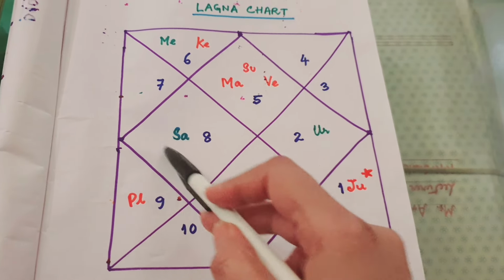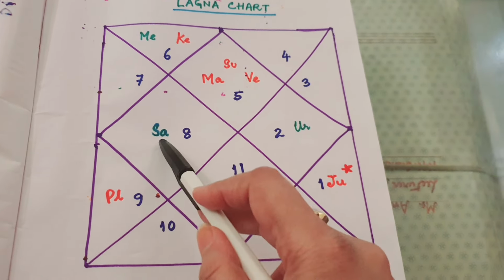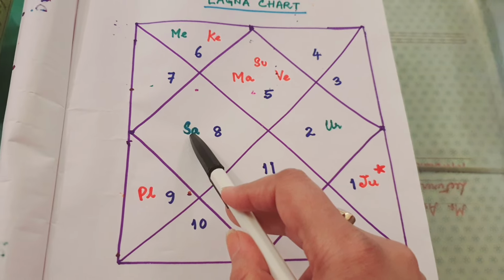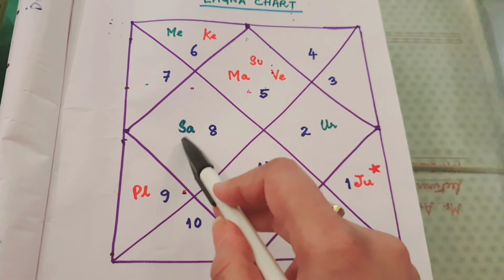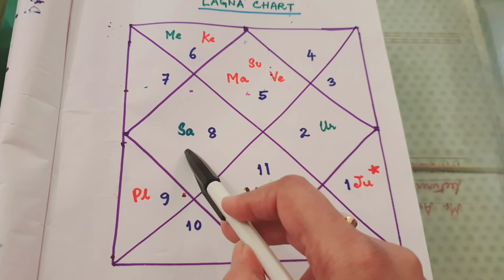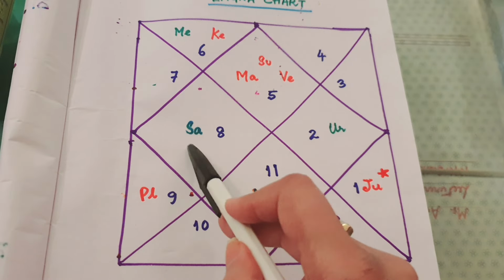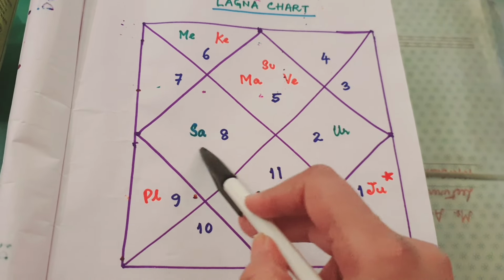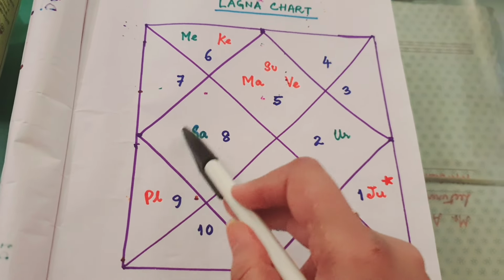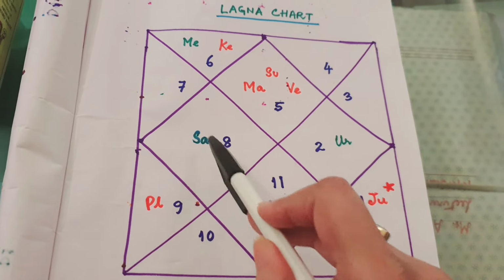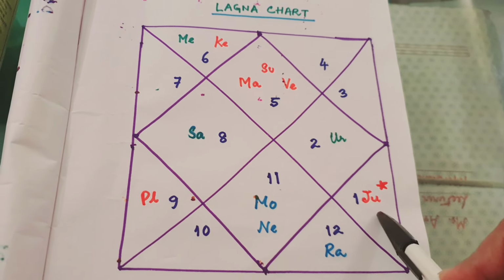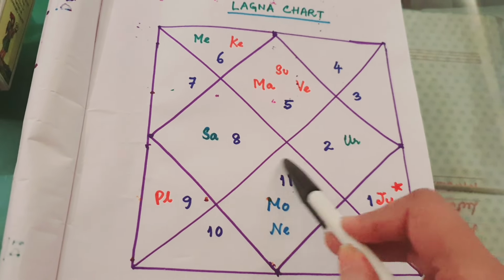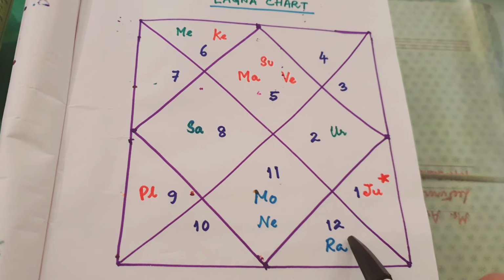And the 7th lord is Saturn, in Vishakha nakshatra, then what results can you get? That's what we are going to discuss. So look at both the nakshatra of the 7th lord, and also the nakshatra of Darakaraka. Since Aquarius is also believed to be co-ruled by Rahu, here we see